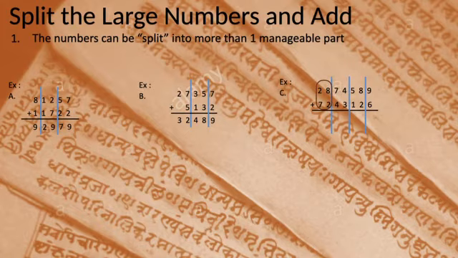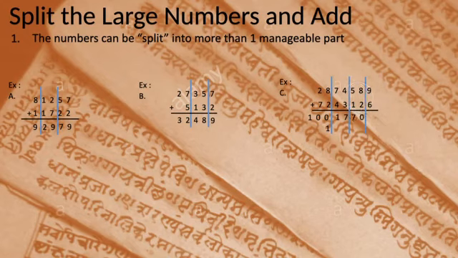28 and 72. Why did I split here? Because 8 and 2 make 10. We'll be applying the completion formula here. So this gives me 100. Now 74 and 43 gives me a carryover. It gives me 117. So I'll take the 100 part into the previous place value and put the 17 in the same place value. Then I add up 58 and 12, which again, 8 and 2 make 10, so it gives me 70 directly.